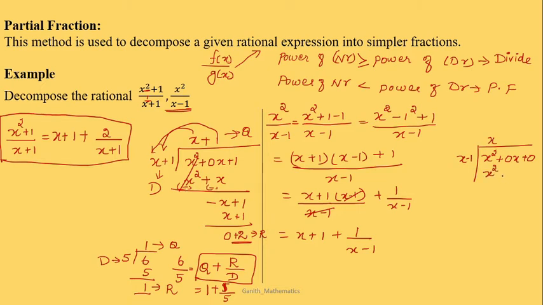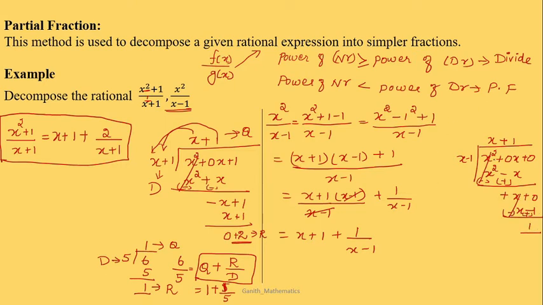X into minus 1 will be minus x, and you have to subtract these two things. So minus and plus, this will get cancelled. Minus into plus will be, sorry, minus and plus. So we are changing this into plus. So plus x plus 0, right? And what are the things that will get cancelled? Here it is x and here it is also x, so we can consider as 1. 1 into x will be x, 1 into minus 1 will be minus 1. So when I change the sign, minus and plus, this will get cancelled and this will be 1.